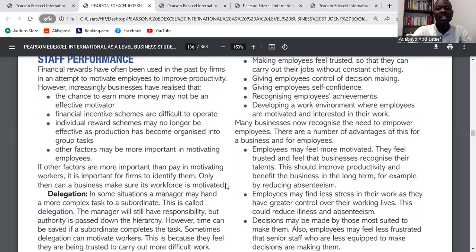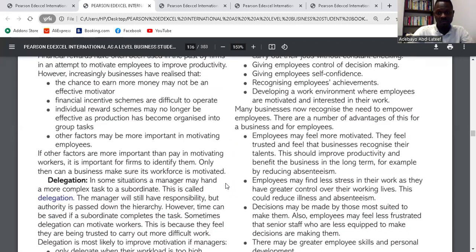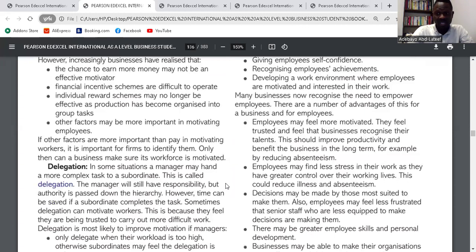So many businesses now recognize the need to empower employees. What are the advantages of empowerment? Number one, employees may feel more motivated. They feel trusted and feel that businesses recognize their talents. This should improve productivity and benefit the business in the long term, for example, by reducing absenteeism. So one of the advantages of empowerment is